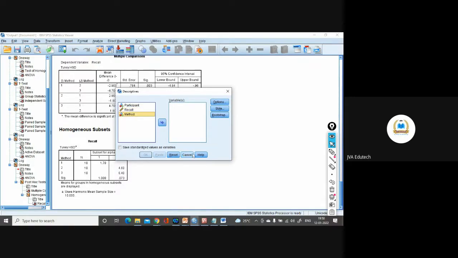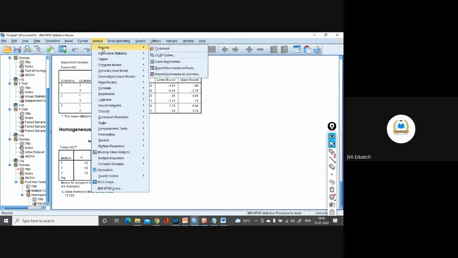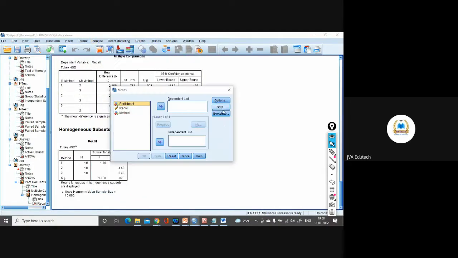Compare means: the dependent list will be recall and the independent list will be method.